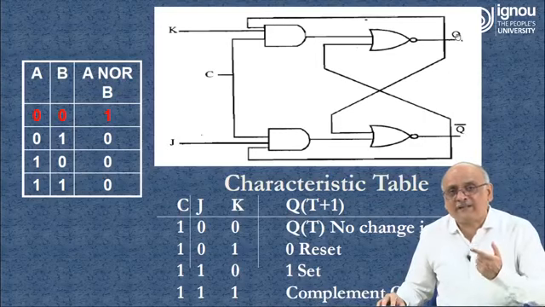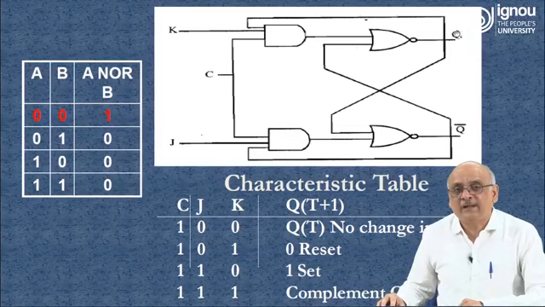Let's do it for the case of 0 once again so that you can understand this. Suppose Q is, now we did it for 1. Now assume we do it for Q equals 0. Now in case Q equals 0, then the output of this AND gate is going to be 0, right? Q is 0, so the output of this AND gate is 0, right? And Q was 0, so this input is right now not there.